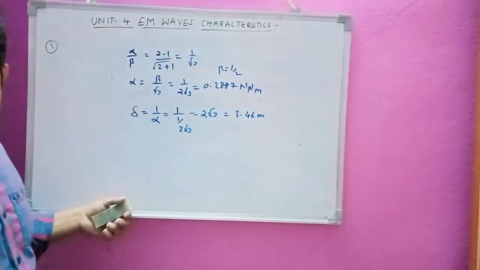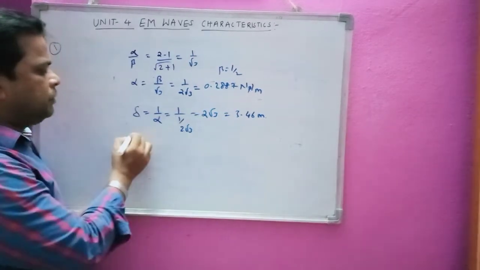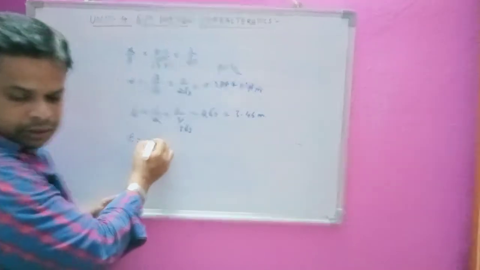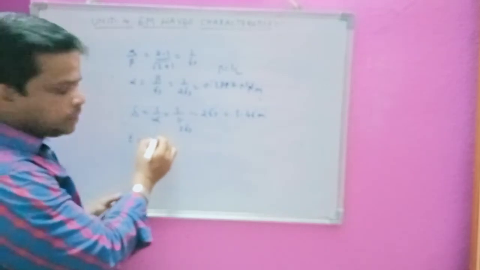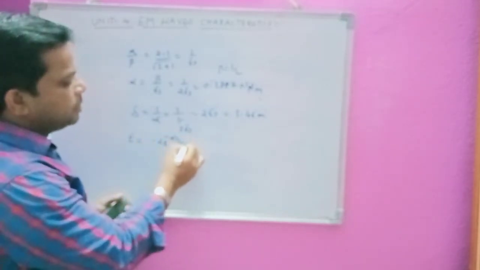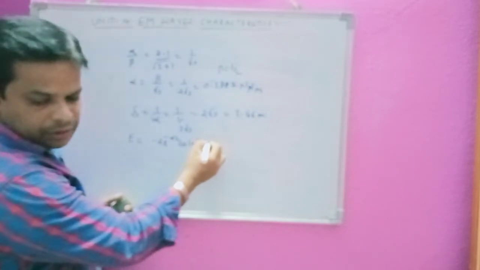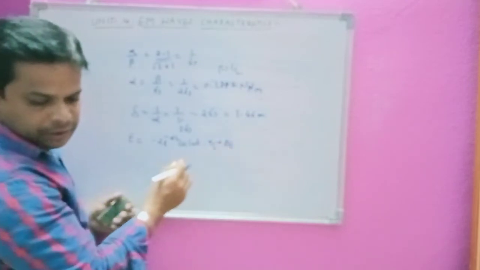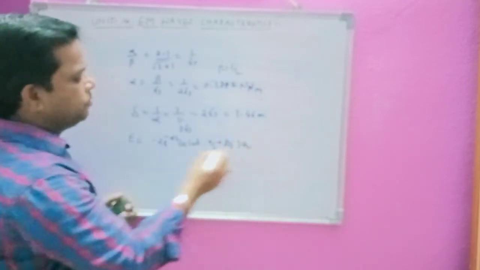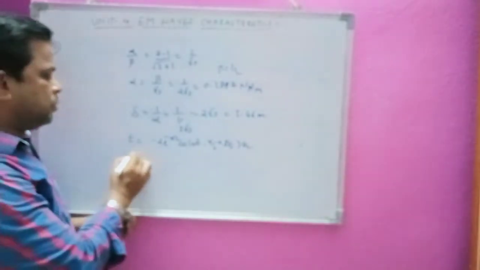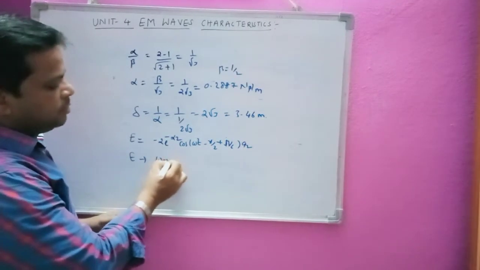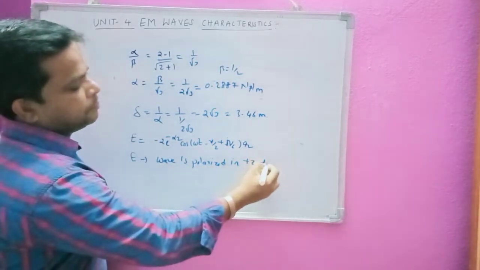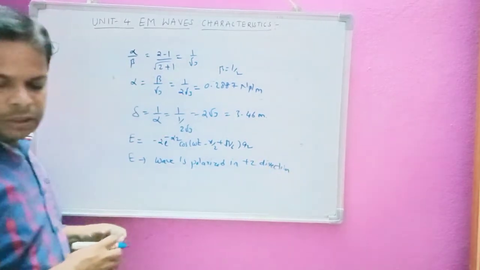Okay, delta value. So now, as we have got the value of E, it is polarized in the z direction. That is, we have got E equal to e power minus alpha z, something like that, minus 2 into e power minus alpha z cos of omega t minus beta z, that is x by 2 plus j pi by 6, pi by 6 or pi by 3, it is pi by 6 into az. Now we are going to say that the wave is polarized, the E value is polarized in the z direction. So that is our problem here. That is the completion of the problem.